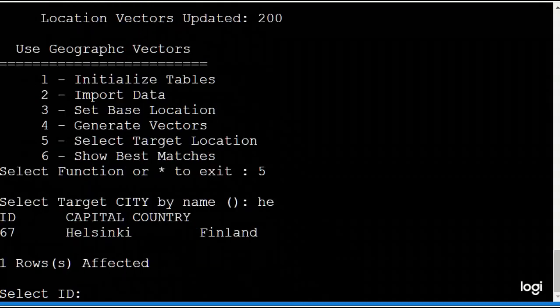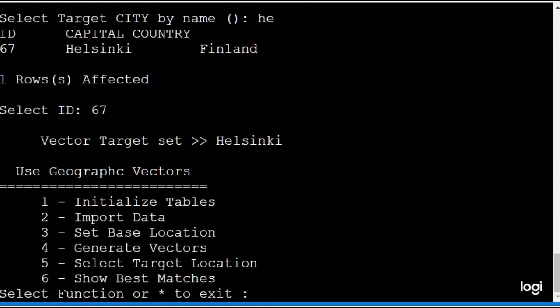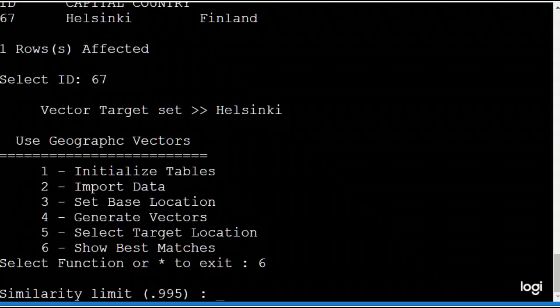Hey, it's just one. And now, as the next step, we have our base vector from Madrid to Helsinki. And now we can see what other locations are in the same direction or close to it. And this is running now using vector cosine. I can set the similarity. This is the default,